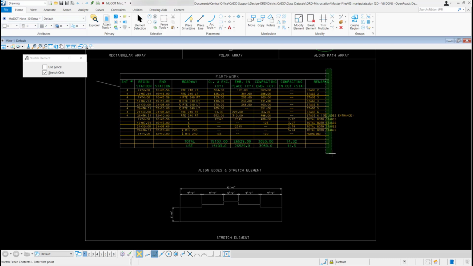It will draw a green block out there for me so I can kind of tell what I'm wanting to stretch. Now I need to enter a first point to start my stretch. I'm going to come back down to my snapping and turn on my nearest snap. I could use AccuDraw and lock in the axes, but I'm just going to snap to a line. So I'm going to snap somewhere up on this horizontal line here because I'm going to stretch it horizontally. I'm going to left click to start my stretch.